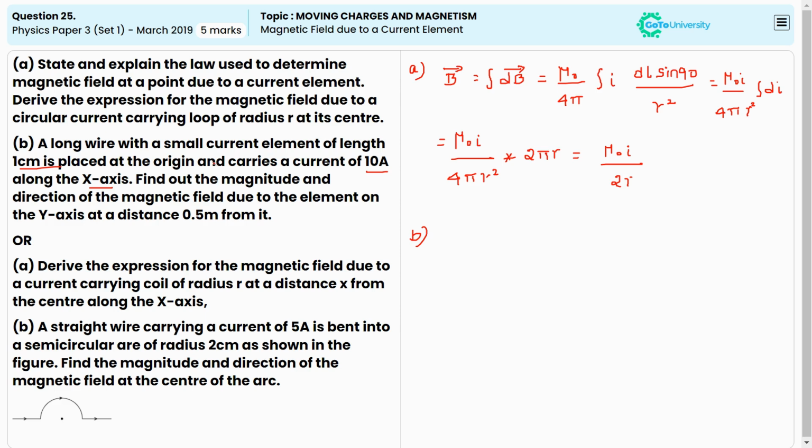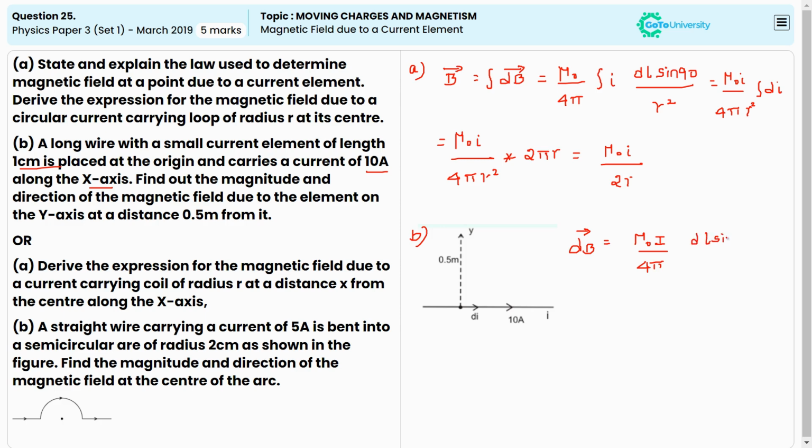Now the direction of the magnetic field is given by dB vector is equal to mu naught I divided by 4 pi times